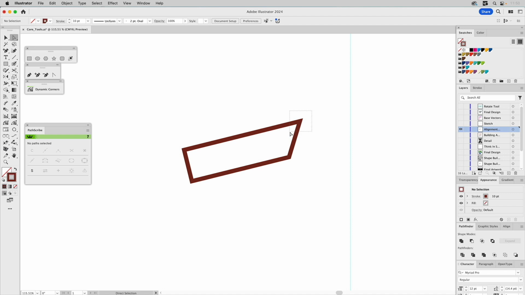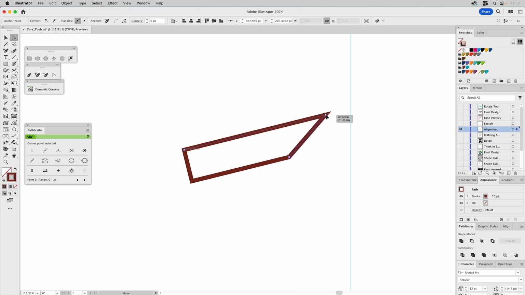I'm going to select one of these anchors. And because I have the alignment guide selection turned on under Smart Guides, if I just start dragging this, it will retain that angle, and I can go all the way out until it hits. If I go past it like that and I drag back like this, it retains that angle. Then I can select this one and I can just go Command D, and it does the exact same transformation on that